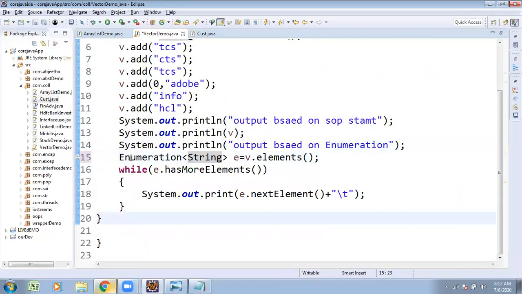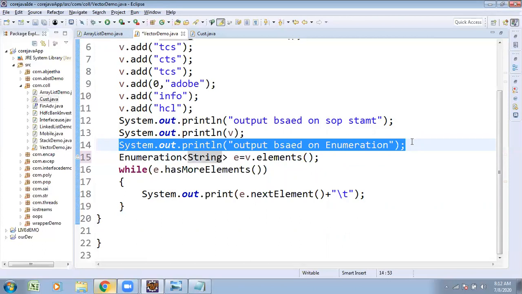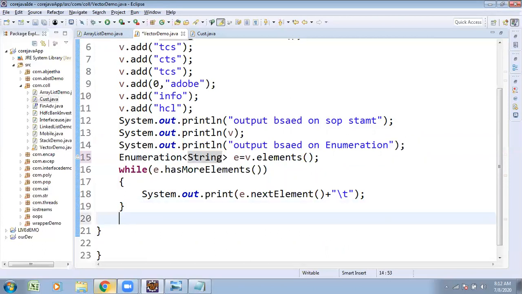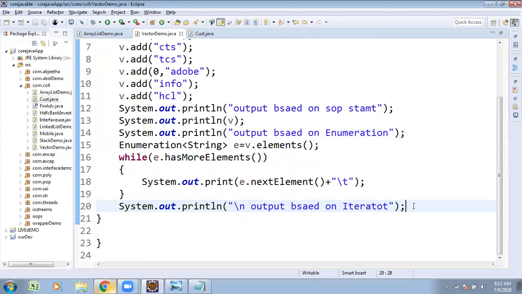Similarly, one more technique, based on the iterator interface. Retrieve the collection elements based on iterator. Here I wanted to change the cursor to the next line.